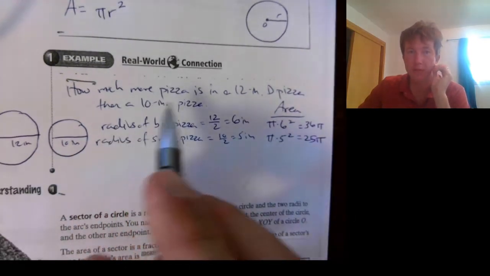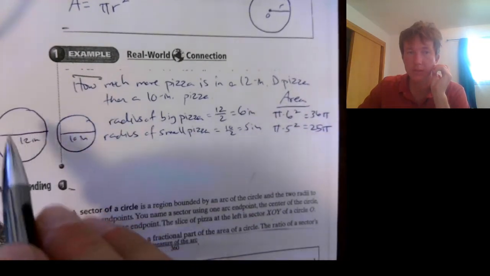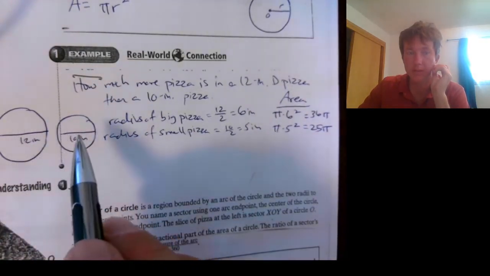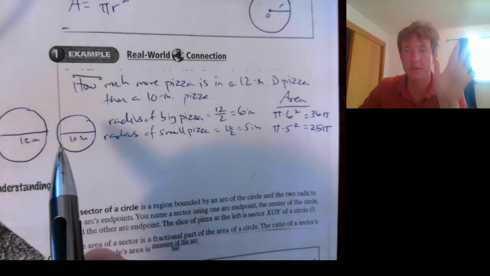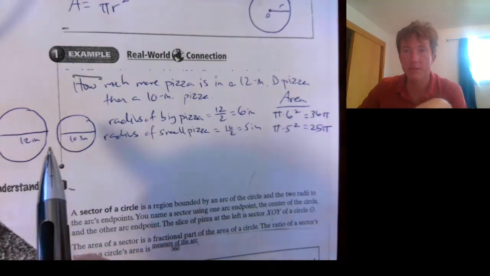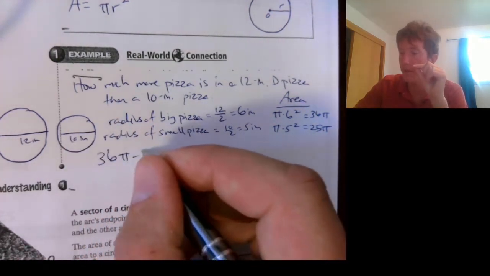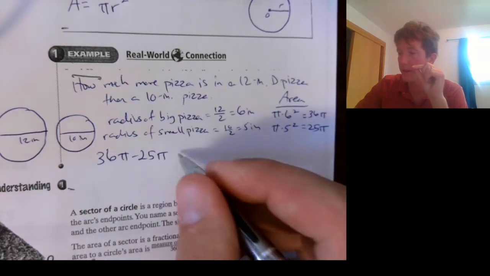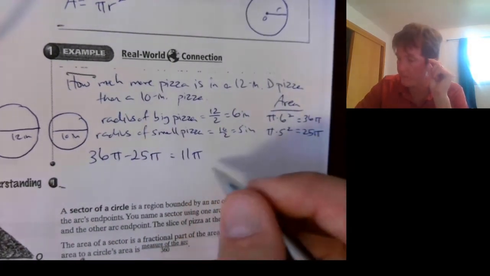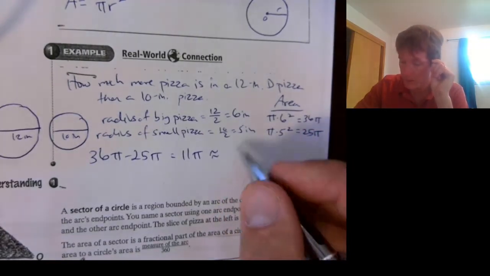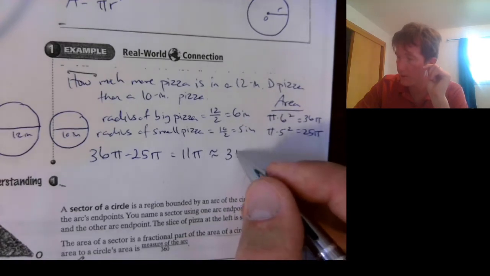I want to find out how much more pizza is in the big one than the small one. So this big one is 36, the small one is 25. I can figure out how much more is in this one if I find the difference between the two. Difference keyword, that means subtract. So I'm going to do 36 pi minus 25 pi, that's 11 pi. And then once we approximate that, we get about 35